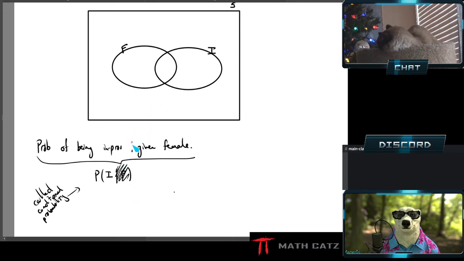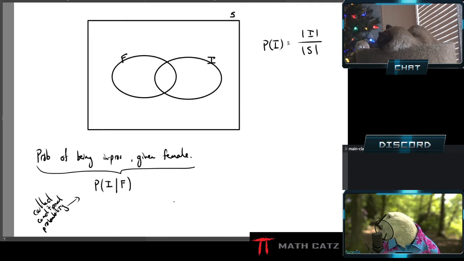And I just asked, what was... let's not do it on top there. If I just had it over here, what is the probability that the student was in province? I would simply look at how many are in that circle, the I circle, and compare it to everything. My very ugly S up here is the sample space, the universal set, everything, right?